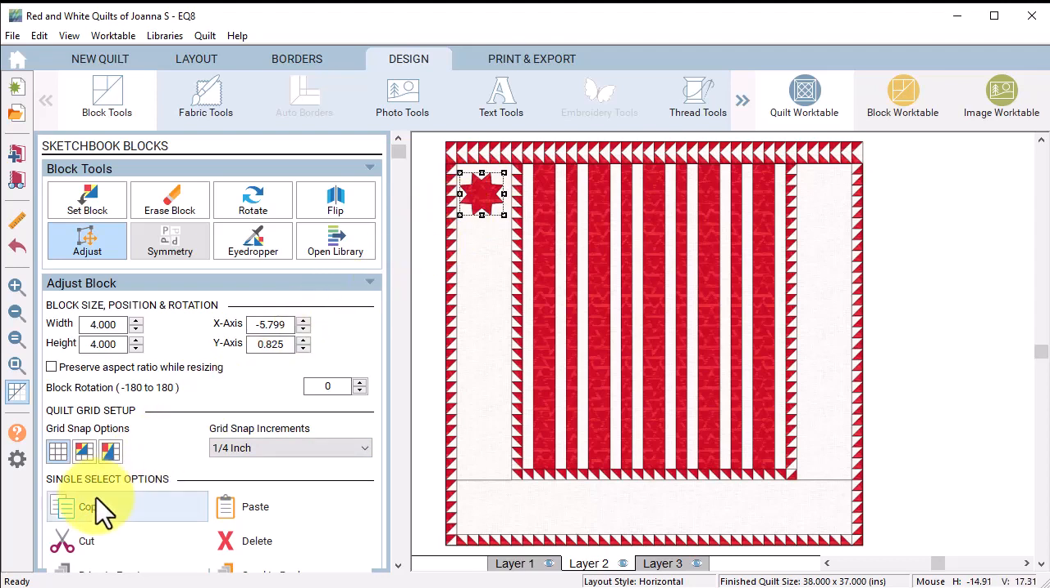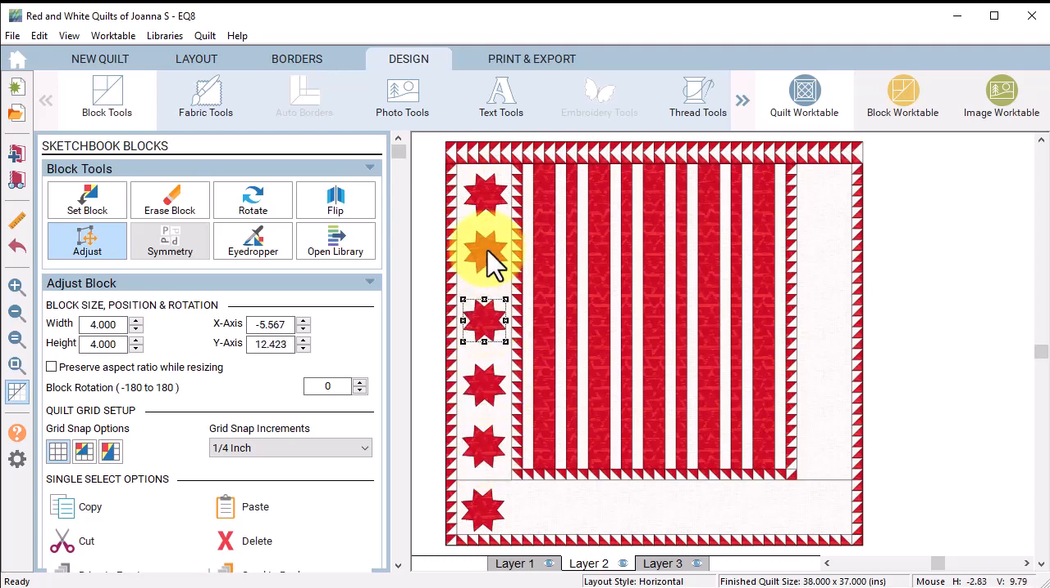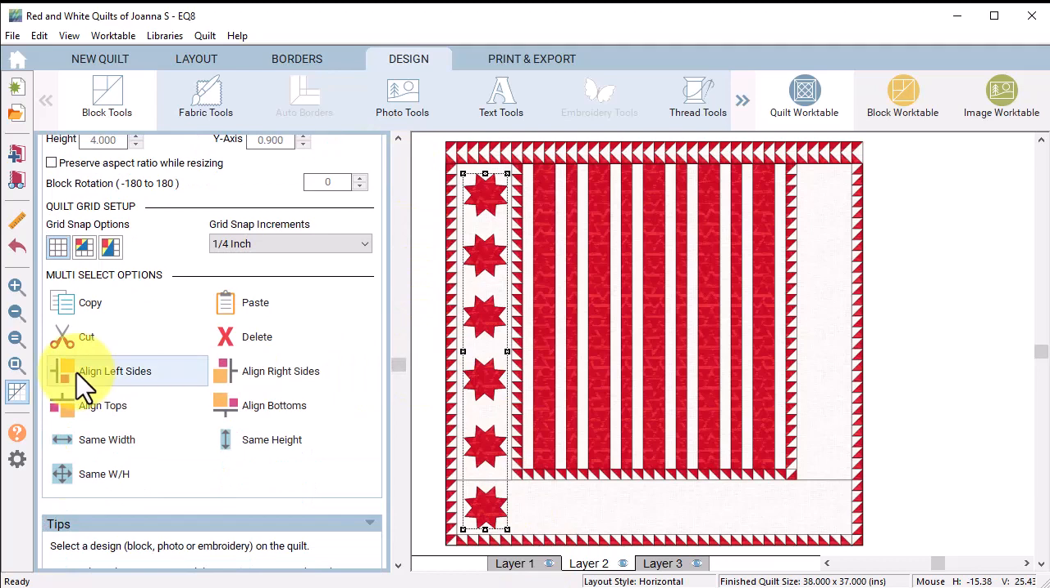Reposition the star in the left border. Select Copy, followed by 5 pastes, and then reposition each of the star blocks along the left border. Eyeball the spacing between the blocks and do your best to line them up approximately in the center of the border. Drag a box to fully enclose all 6 stars, select Align Left Sides, and select Copy followed by Paste,